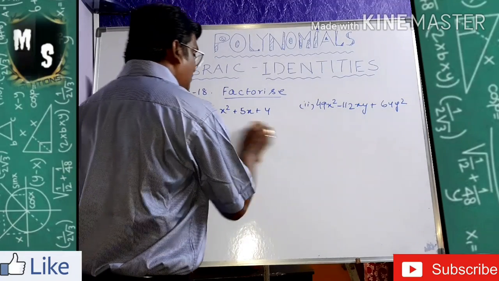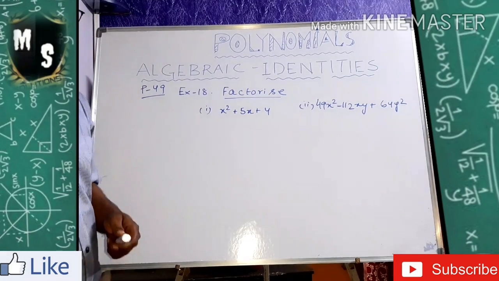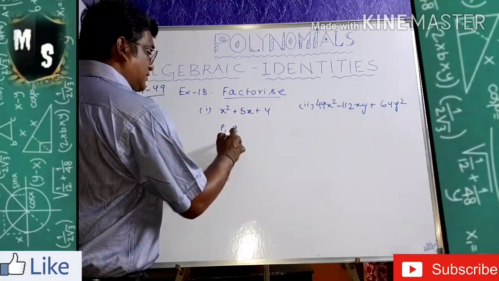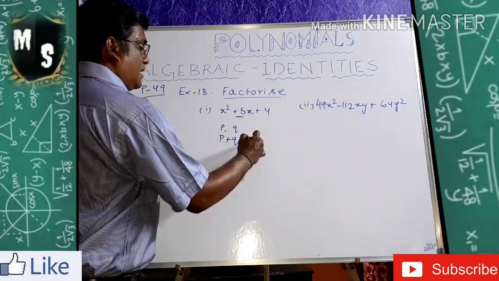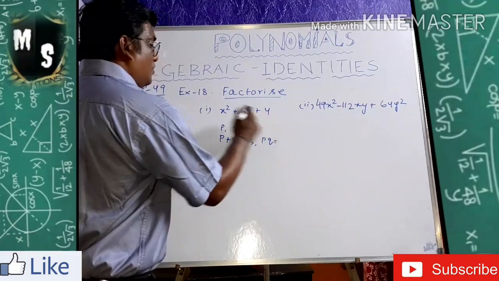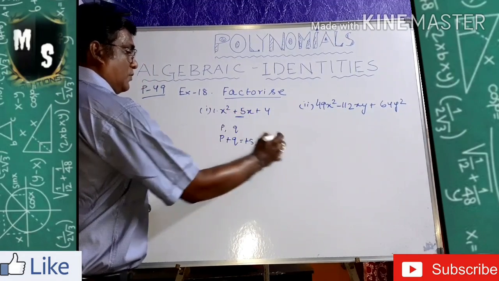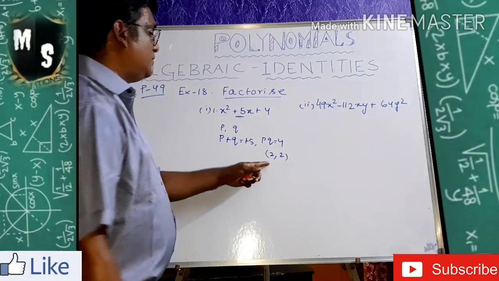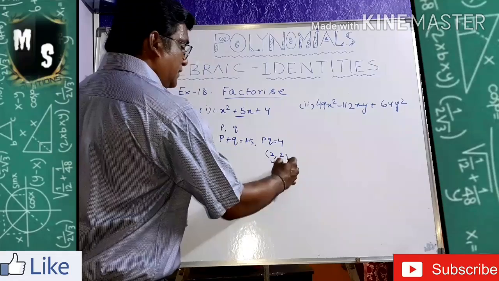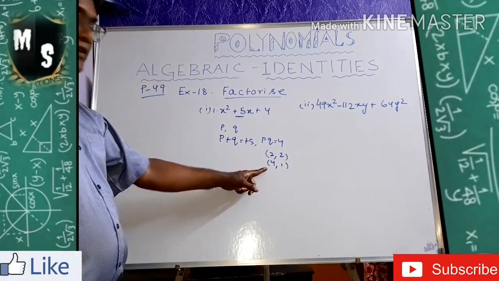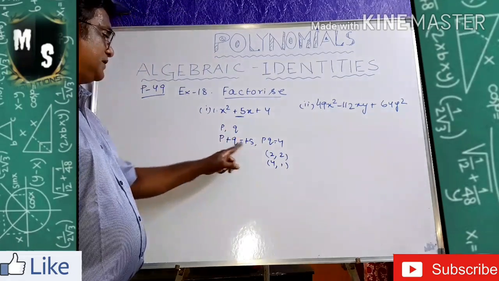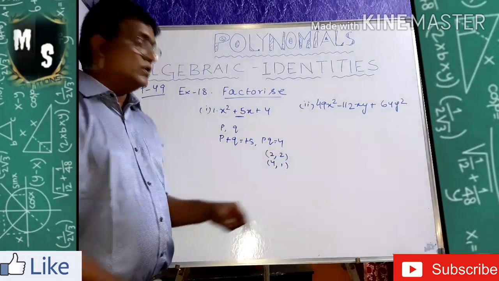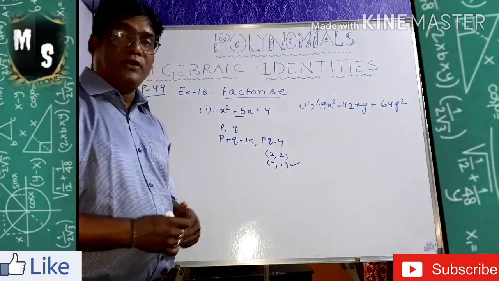What is that formula? That formula is called the middle term splitting. That means you have to find two numbers. Let it be p and q. P plus q must be equal to plus 5, and p into q must be equal to 4. So take the factors of 4. What are the factors? 2 2? Is it right? Or 4 1? 4 1 is a factor also. So which is the appropriate factor? When you add these two, it will give you p plus q. 4 plus 1 is giving the p plus q. 4 into 1, yes, it is giving the pq. So my appropriate factor is this one for middle term split.